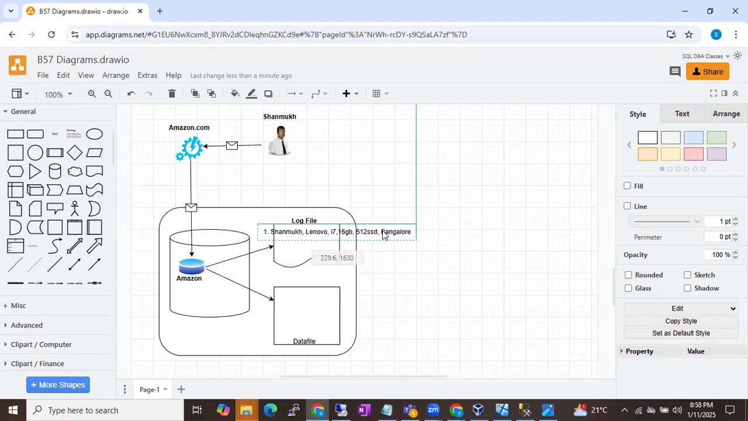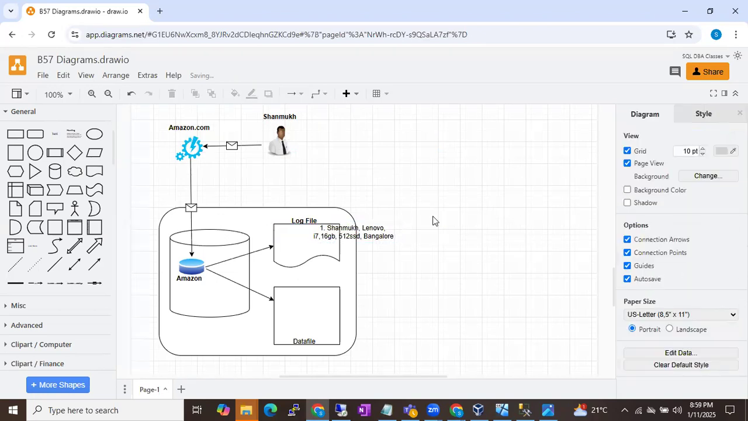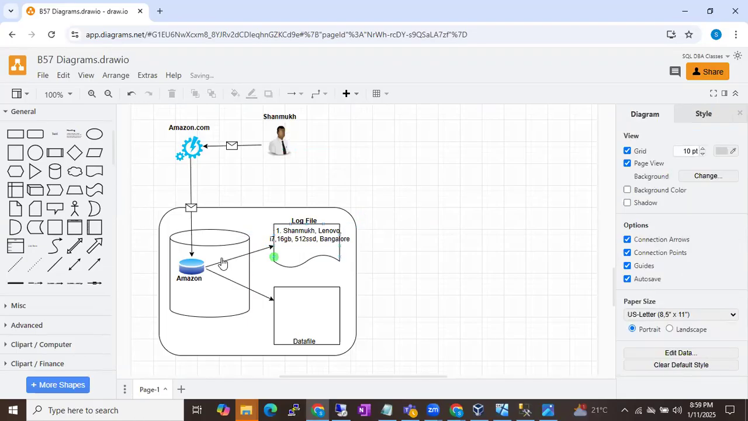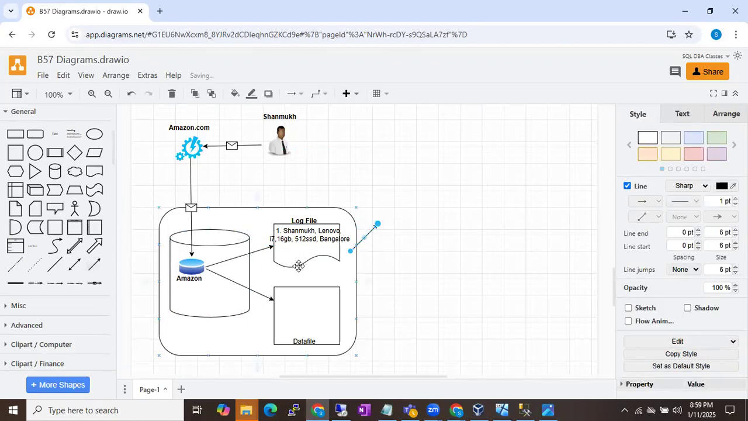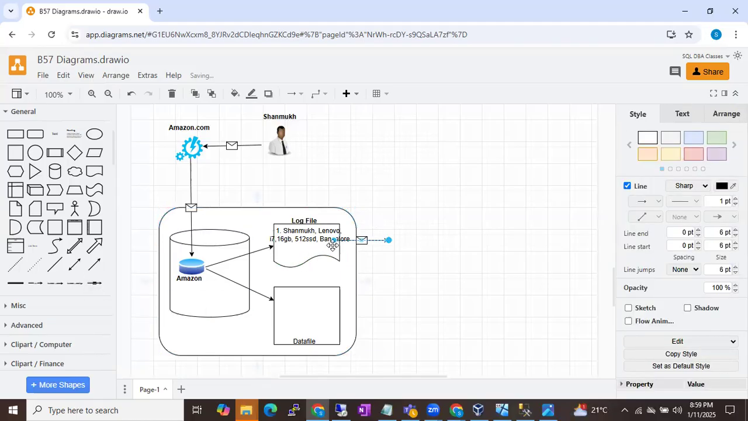It goes to your log file, and I told you one point: the log file is a temporary file. Temporarily it will store the data until the data is moved to the data file. Until then, the data will be stored temporarily in the log file. This process, writing data to the log file initially,